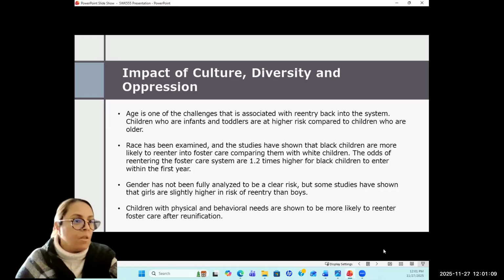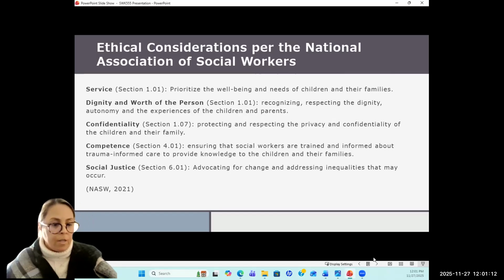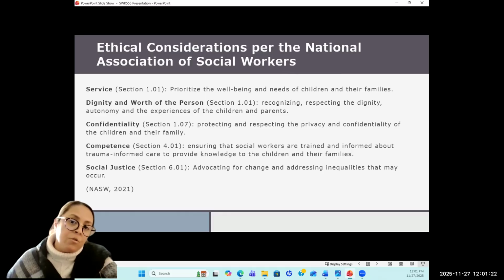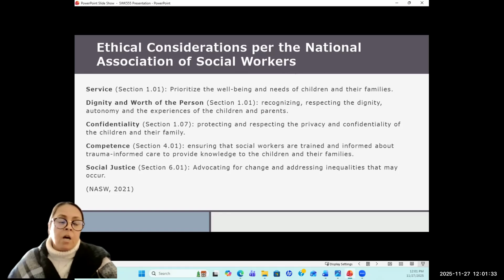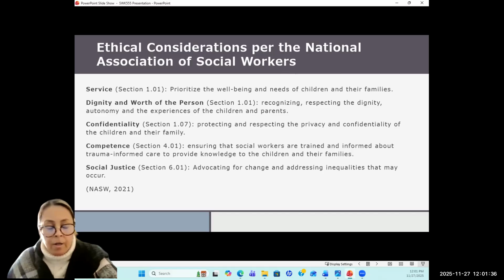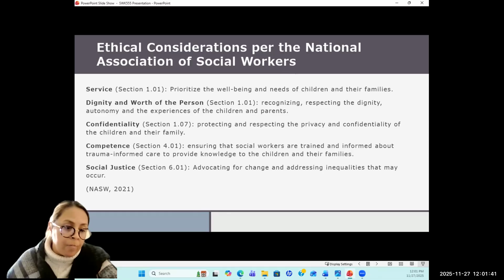So with that said, we are going to go through the ethical considerations that the National Association of Social Workers, the NASW, holds us to a high standard in being able to advocate and provide service, and many other values to the communities that we work with. The ones that I found was service,